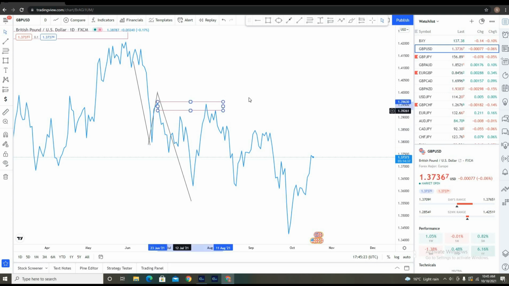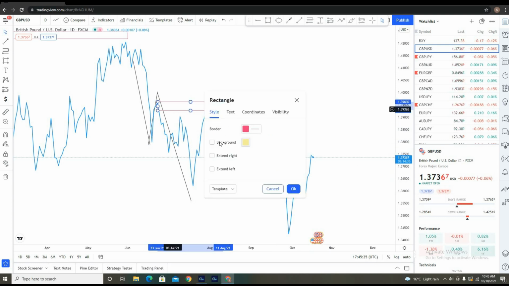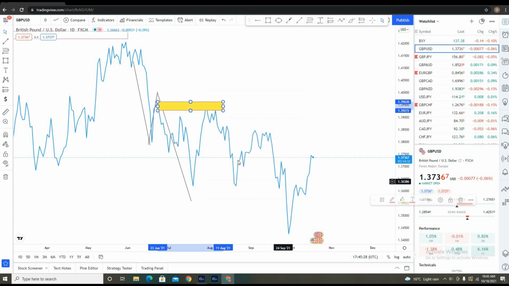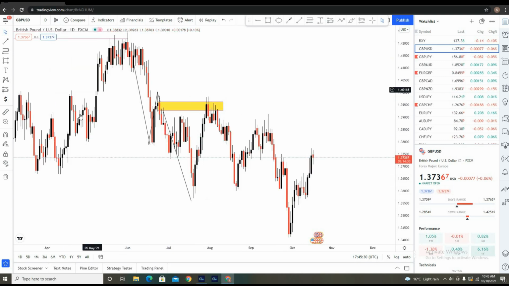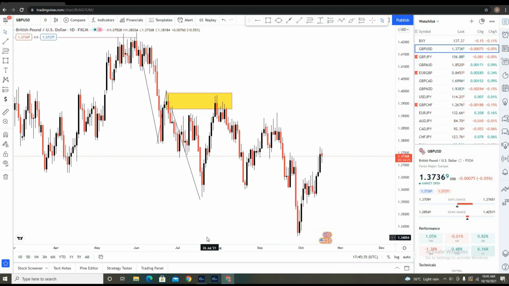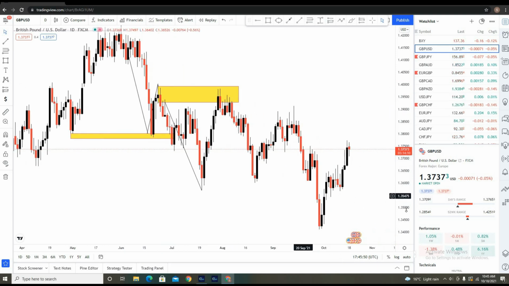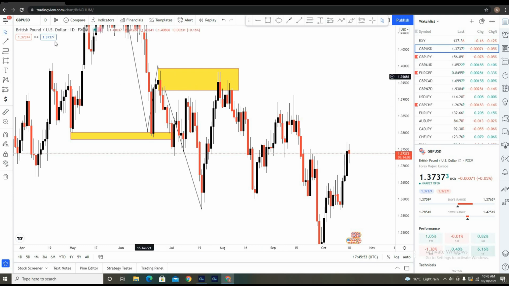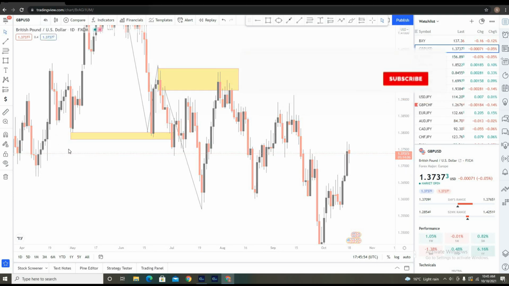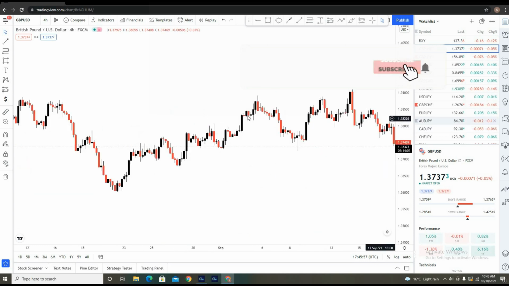Remember the pattern, this area right here would be our sell zone, because in this case this is a continuation pattern. So if we go back to the candles, this area would be our sell zone. We want to focus on why we are calling this area our sell zone, because this zone right here is responsible for breaking these structures and creating new lows. So now, to increase your probability, we are going to focus on this area and identify if we can find the pattern we just spoke about. This will help you